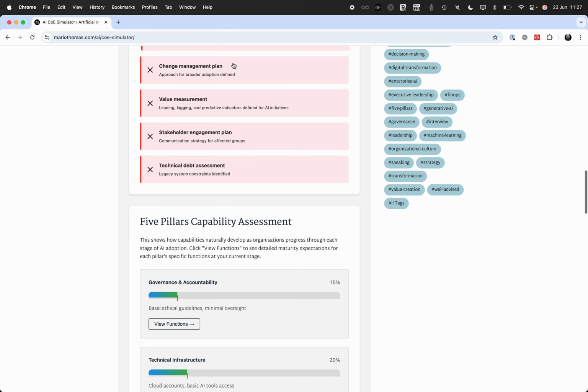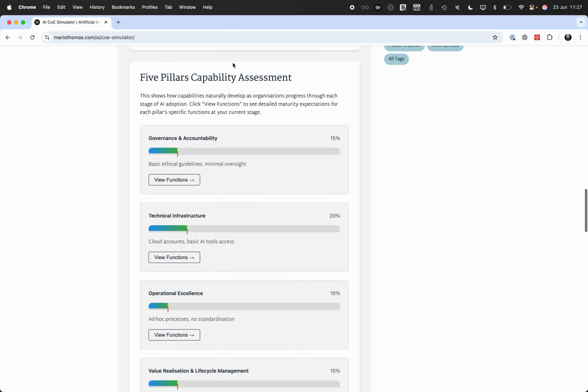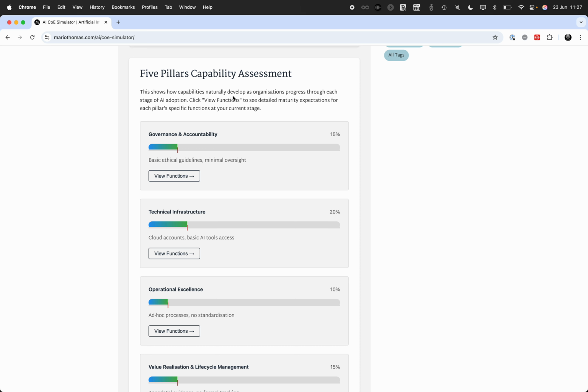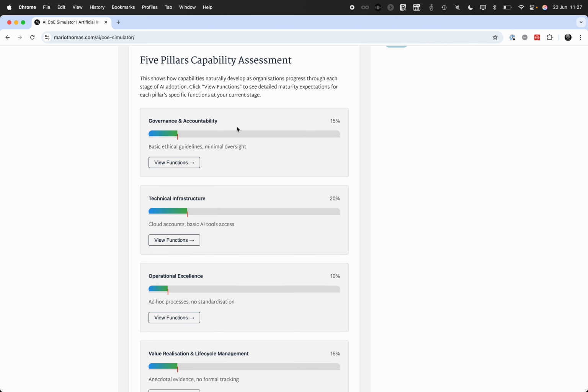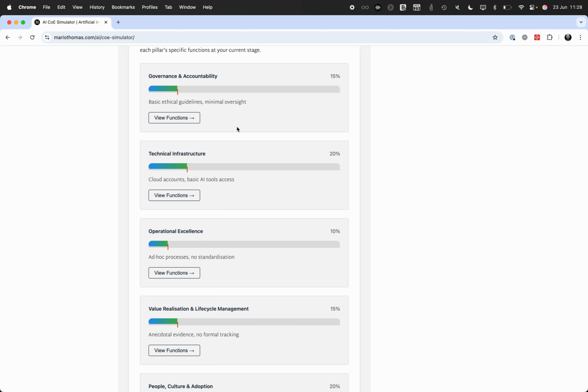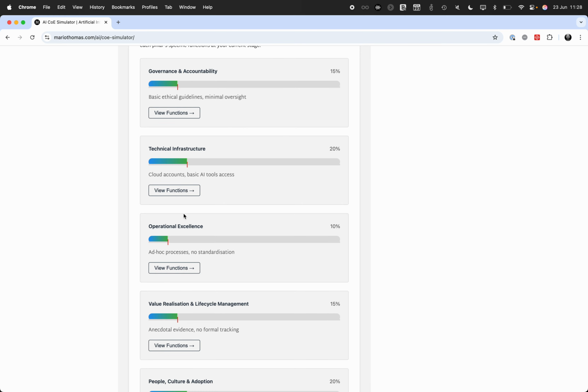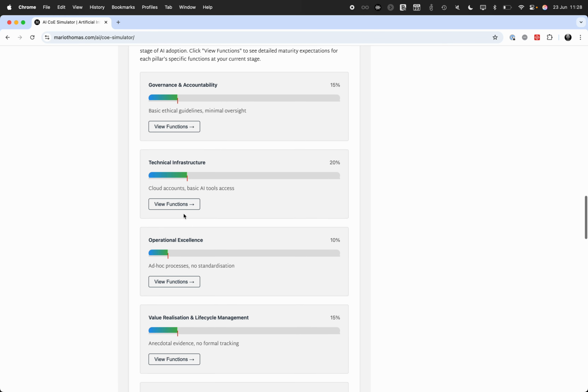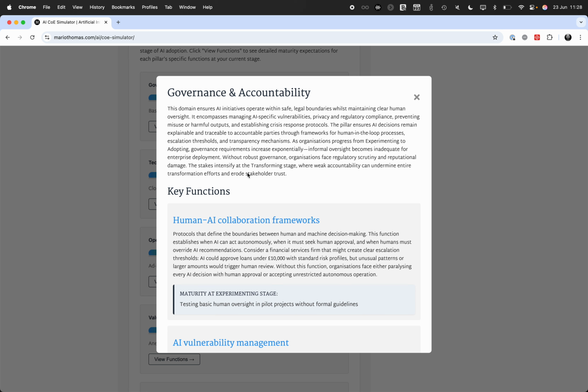While you're moving up the AI stage of adoption, you can also see where you are in terms of 5 pillars. So the 5 pillars are the capabilities that you have to build in your business to be able to execute on transitions through the AI stages of adoption. And you can see here that we're at the experimenting stage, so we're fairly low in terms of the scores across the 5 pillars. And if I want to drill in, I can click the functions of the 5 pillars,